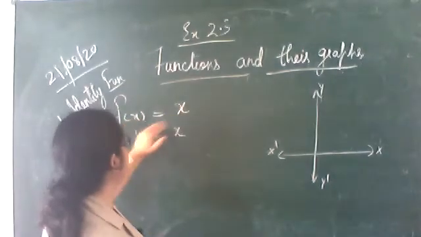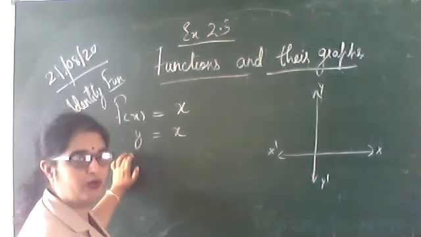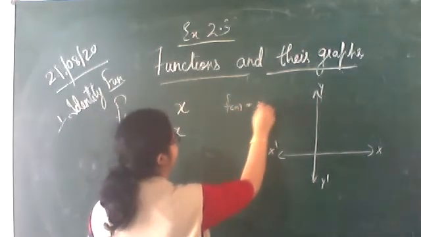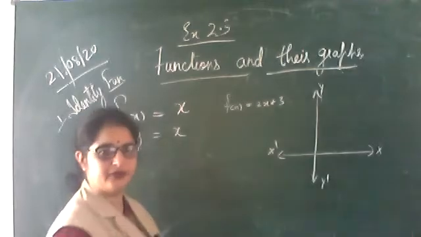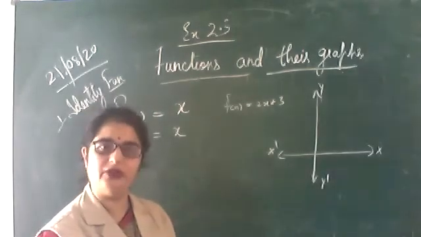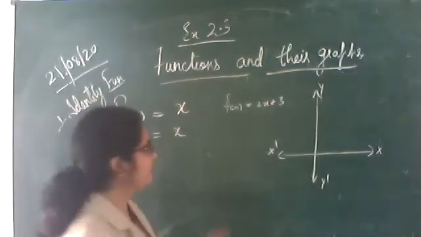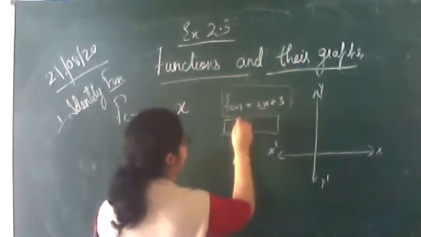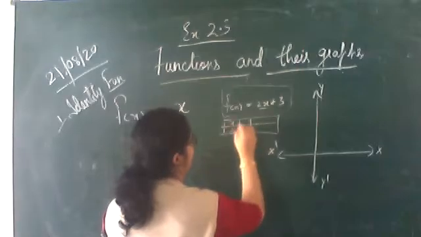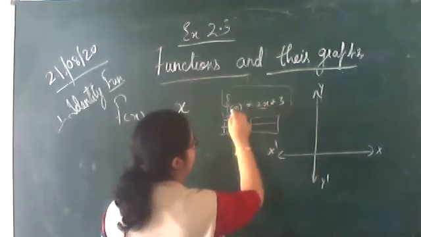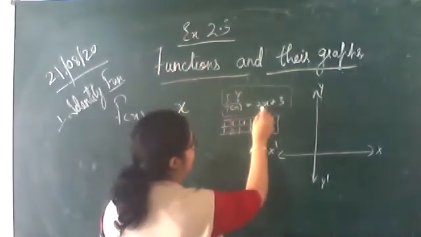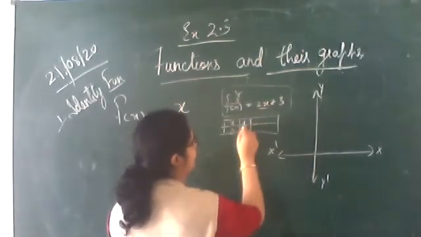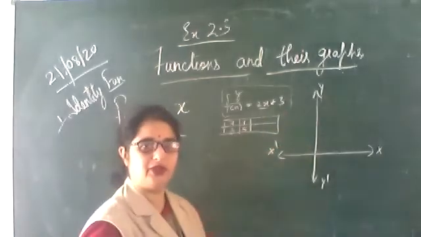So f(x) is equal to x. f(x) means what? The value of y. Like if we have a function f(x) is equal to 2x plus 3. You have drawn the graph in 9th, 10th also. You have drawn the graph of quadratic function also. Clear? So when we are drawing the graph, for values of x we make a table with x and y. Now for x is equal to 1, this is the value of y. What y are we getting? 2 into 1 is 2, plus 3, 5. This way we take different values and then we plot the graph.